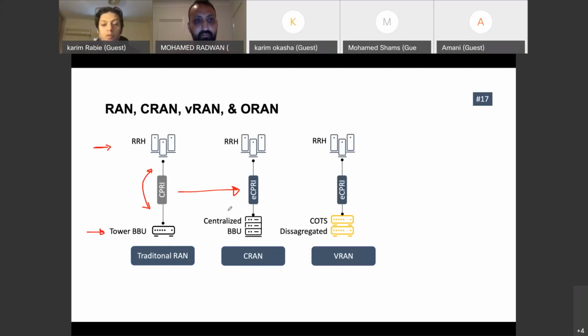This means that the BBU, or the centralized unit now, is deployed based on COTS, based on Dell, HP, whatever hardware, and it can be based on Red Hat, Mirantis, whatever. So it is a very open solution with respect to virtualization. It's not coupled with a certain stack, okay?